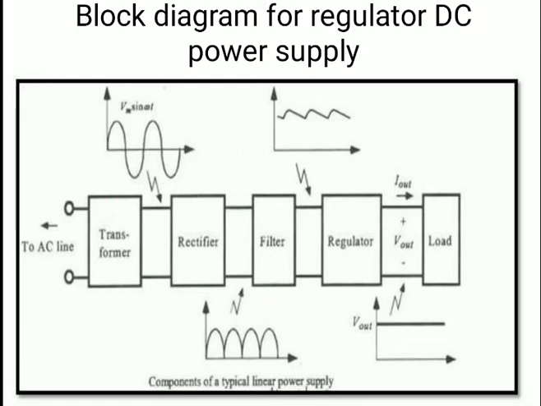You can see the second block in the diagram, that is the rectifier. That reduced voltage is still AC, but reduced, right? The rectifier will convert that voltage into pulsating DC. You can see the diagram, pulsating DC. Here it is the AC. And that pulsating DC is converted into pure DC by this filter. You can see this pure DC.